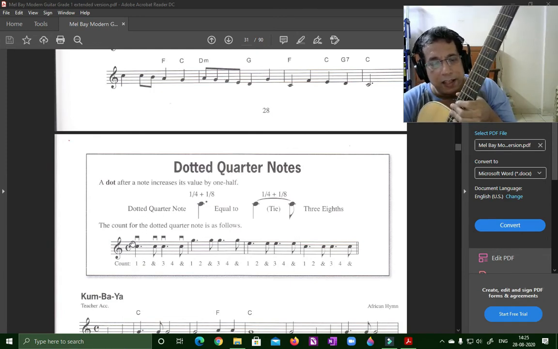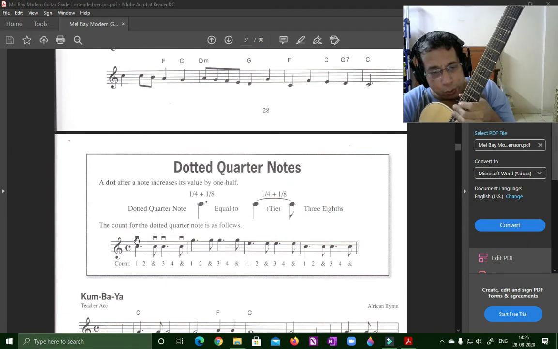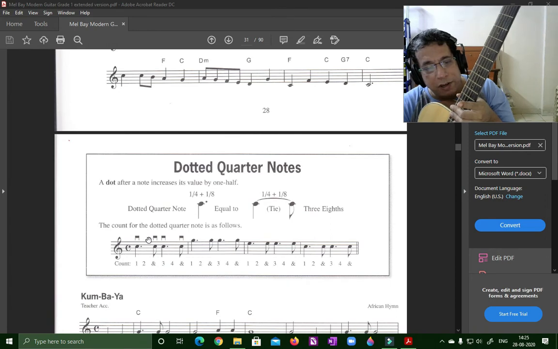This 1.5 beat I will count by 1 and 2. It will remain for half of the second beat, and on the 2 and I will count my quaver. So I'll count 1 and 2 and 3 and 4 and.